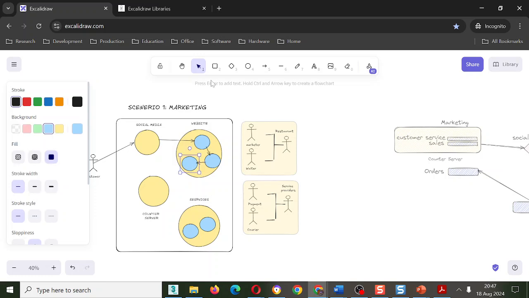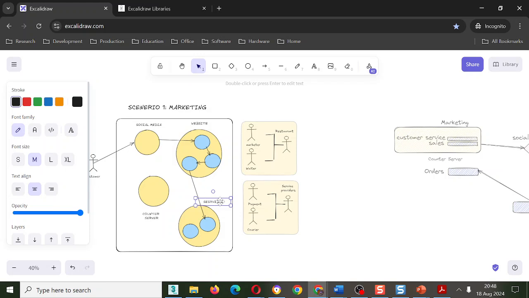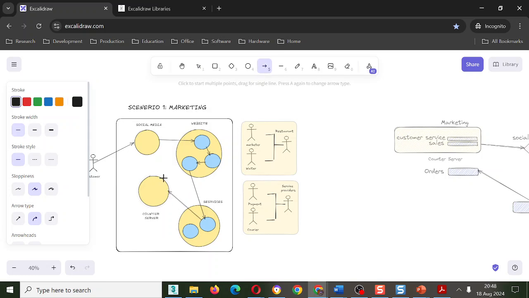So from here, they'll be taken to the services. The first one maybe is payment, so it's this one. Just put this aside. And once they make the payment, it goes to the counter server where the order is now processed. And then from there, they call the second service, which is the courier service. And then the courier service is connected to the customer here.